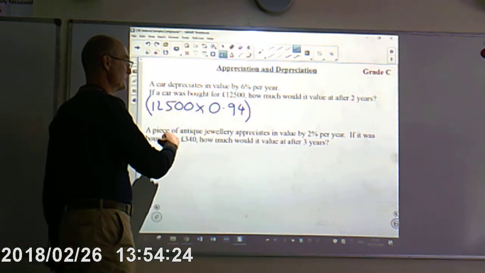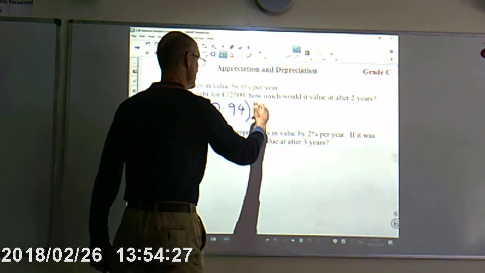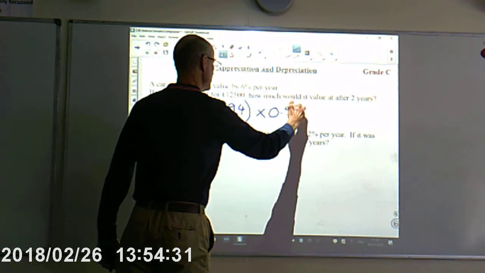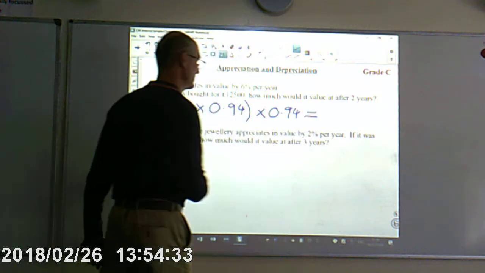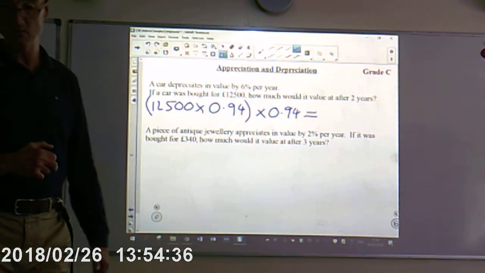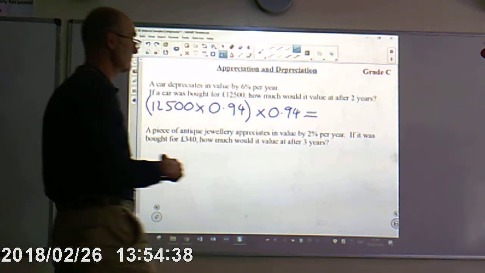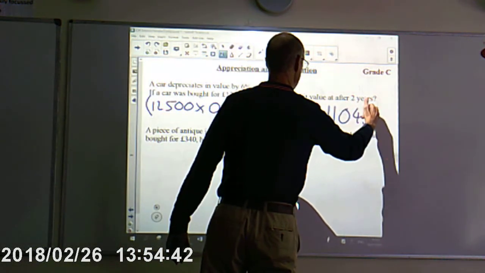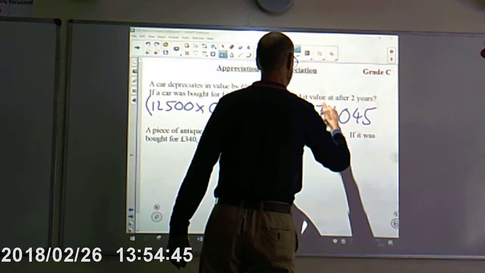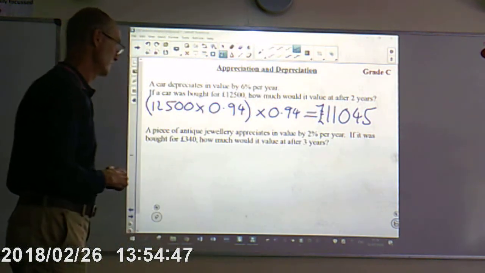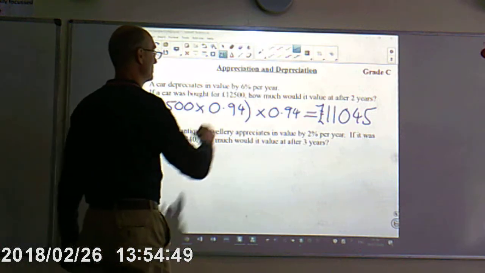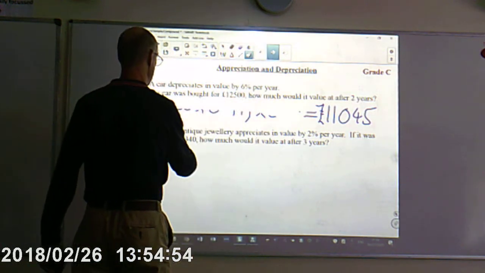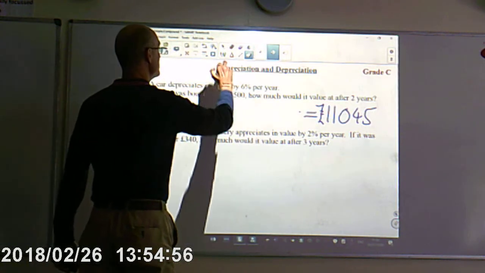So that would be my first year. The result of this calculation would be my first year. I then multiply it by 0.94 again. And I actually get a value, I worked this out earlier, 11,045 pounds. Okay. Quick way of writing this, as I was showing you, it's just a straightforward